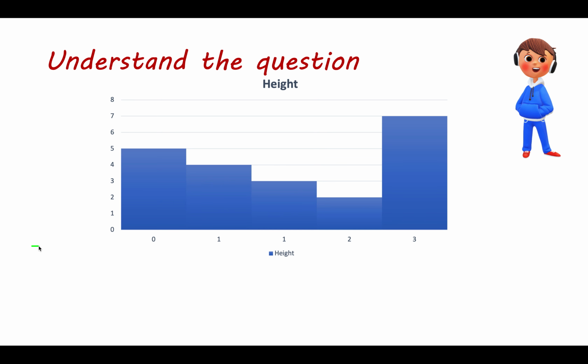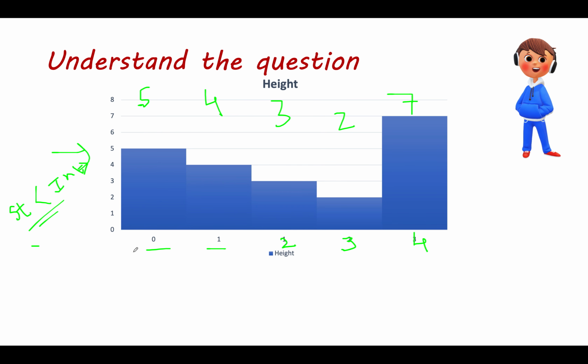We'll be using a stack based approach, and I have taken a slightly different example to what was specified in the question so that you get a better understanding of the concept. The heights are 5, the next one is 4, the next one is 3, next we have 2, and the last one is 7. And the indexes are as shown: 0, 1, 2, 3, and 4. Let's start the iteration. We'll be using a stack of integer type, st, and we'll be storing the indexes here. So let's continue the process.